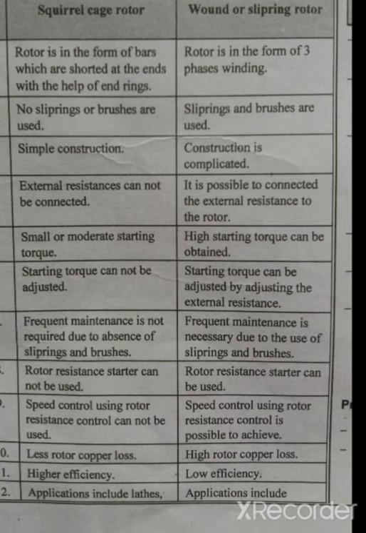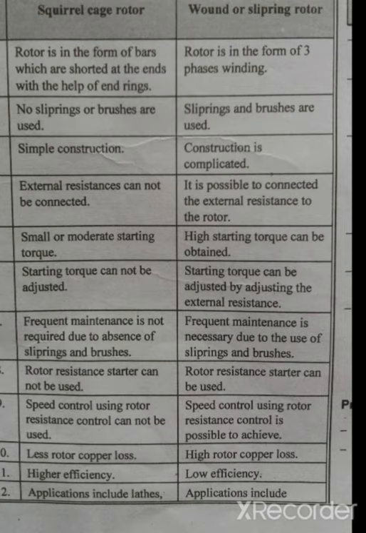While talking about the rotor, the rotor has mainly two types. First one is the squirrel cage and second is the wound rotor, which is also called slip ring type. The squirrel cage rotor looks like this. The rotor consists of cylindrical laminations. These are the laminations, and these are screwed into rotor slots. These are secured with these end rings.